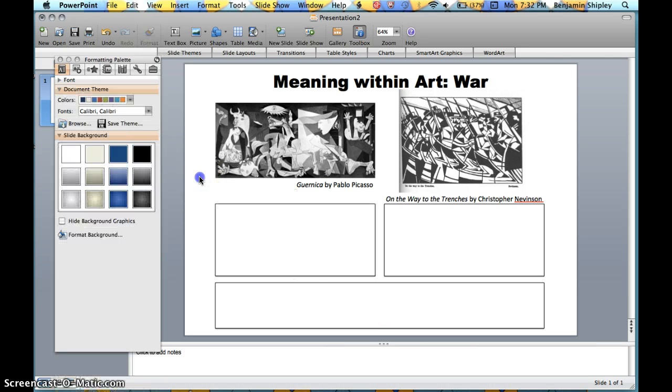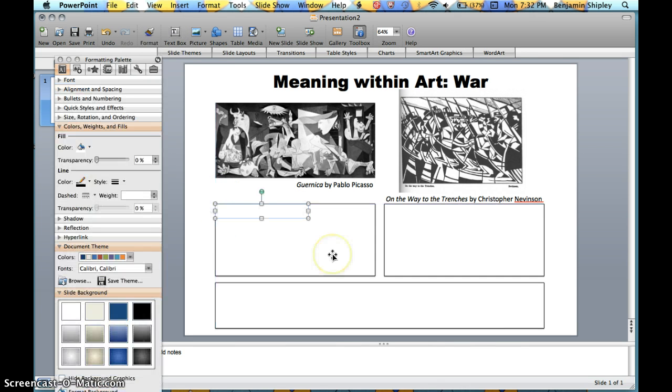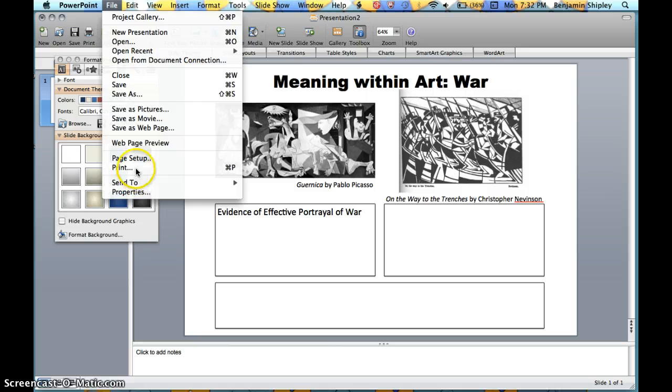And if I really wanted to make it specific so that it always was the same thing, I could put a text document here. You say evidence of effective portrayal of war or something like that. So once you have your document and for whatever purpose you have it, then you have it set up and then you go File, Print,